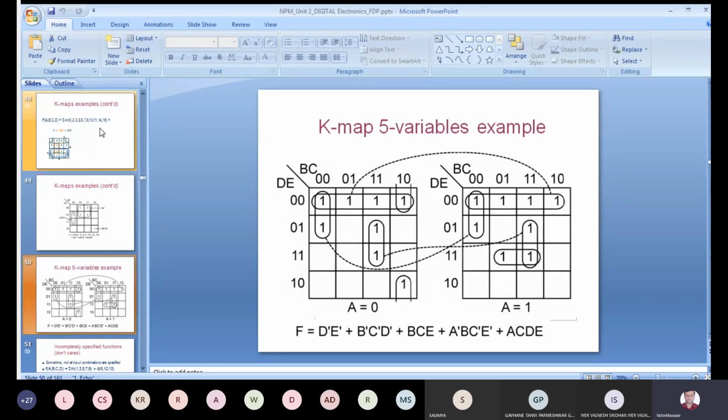Because we'll see first the don't care condition. Now see, this is nothing but a structure for a 5 variable K-map. So A is MSB. This is not there in your syllabus, but just check it. One 4 variable K-map, another 4 variable K-map. Whatever the MSB is, that is A. So here A is equal to 0, here A is equal to 1. Together 32 cells are there. A 5 variable K-map structure looks like this. If you get some time, you should see the 5 variable and 6 variable K-map.